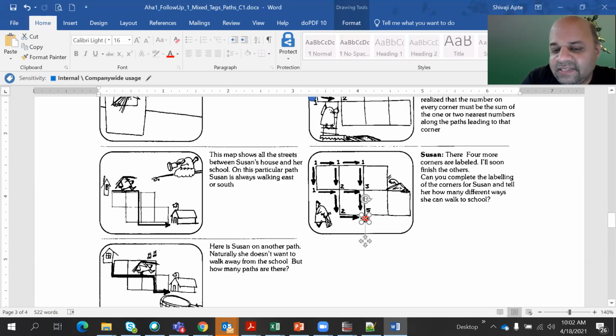If you come to this, how did the value 5 come? As for the 3 on top, plus the 2 on the left. Correct. 3 plus 2 became 5. Now, if this is 5, and this you said is 4, because 1 on the top and 3 on the left. Remember these two values, 5 here and 4. If 5 and 4 were there, then how much will the value be here?